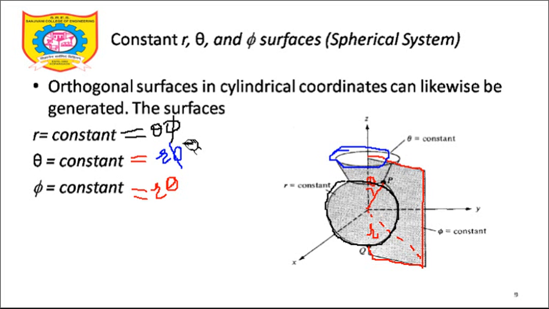Whether you take the example of Cartesian, cylindrical or spherical, there will be three surfaces, and these three surfaces can also be represented by a single coordinate. So instead of mentioning it as a theta-phi plane, you can represent it as the r equal to constant plane. While solving numericals, this plays a very important role. Let's look at those three planes once again, and differential length also, in forthcoming slides.